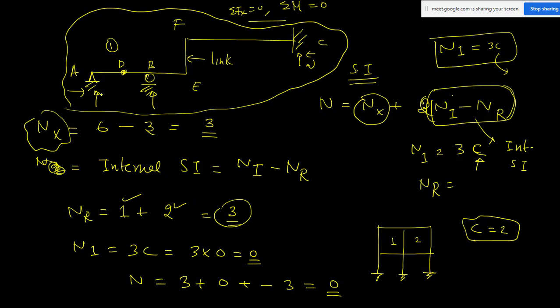For external static indeterminacy, you simply have to look at the support conditions and support reactions, and find it from the equilibrium equations. So finally this is the equation you can use for any question: nx plus ni minus nr. Here ni is 3 times c, the closed loops. Why c, and why 3 times, I actually have to explain. But for a beam, the c value will always be 0. I think I have to explain a little bit about c, why you are taking c.